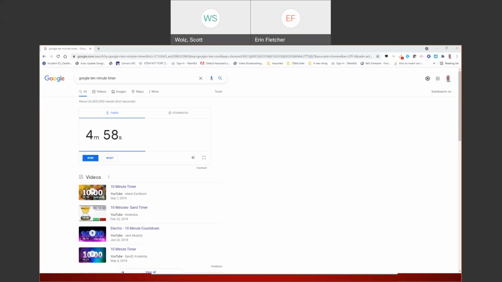Scott, I figured it'd be easier if you just kind of talked through this instead of me typing a bunch of stuff. What would you say the benefits of pages and assignments are versus using modules? So I would say that the benefit of pages and assignments versus just using modules is, using a page, you can explain more than just throwing something in a module. You know what I mean? Modules are there for laying out and for organization, but for your directions and that kind of stuff,